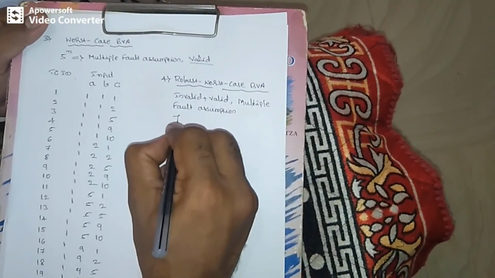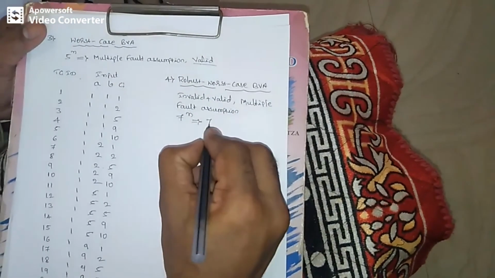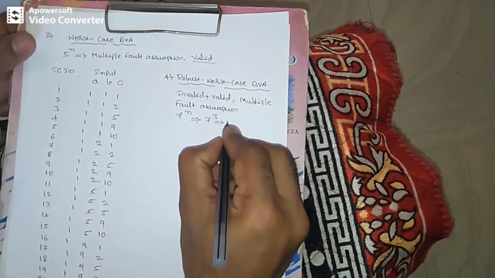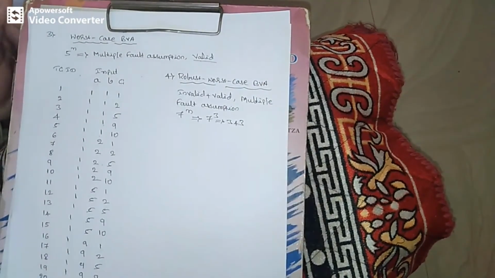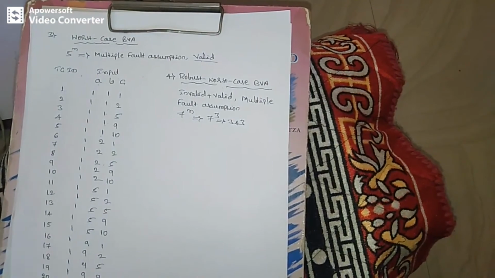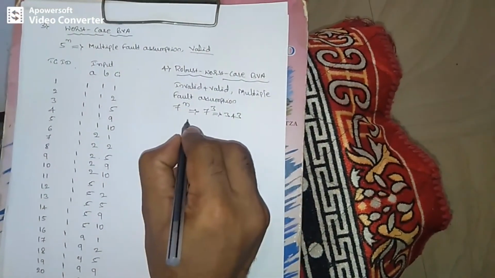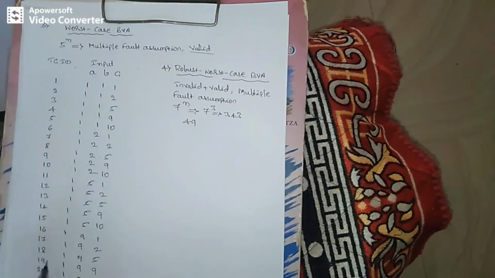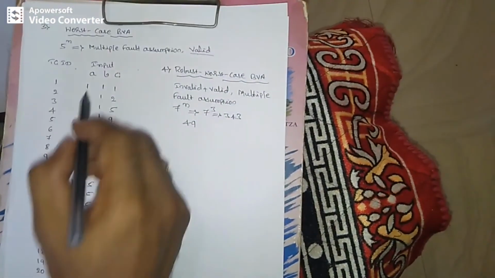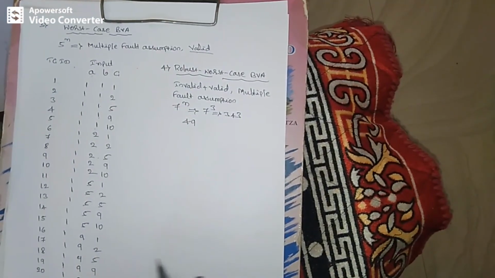and the formula will be 7 to the power of n. The 7 to the power of n is nothing but for your triangle problem 7 to the power of 3. Then 343 test cases we have to write under the robust worst case boundary value analysis method. But we are writing only the first 49 test cases. And the remaining, the same thing as you have written for this one, will get repeated.